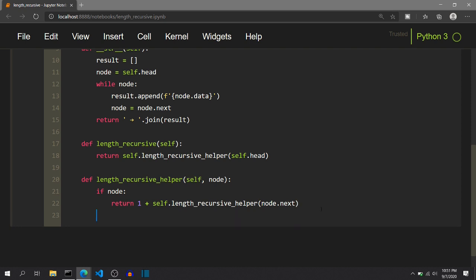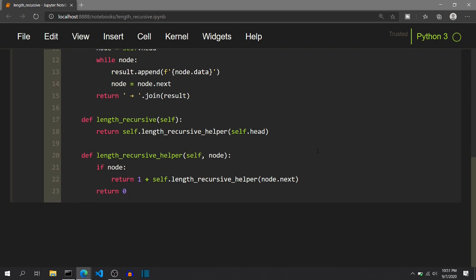And once the node becomes none, this if condition will become false and we will just return 0. That is, if node is none, the linked list is empty and we can return the value 0. So this is just the recursive function, like 3 lines, and it will cover all the boundary cases as well as non-boundary cases. So let's visualize this code.